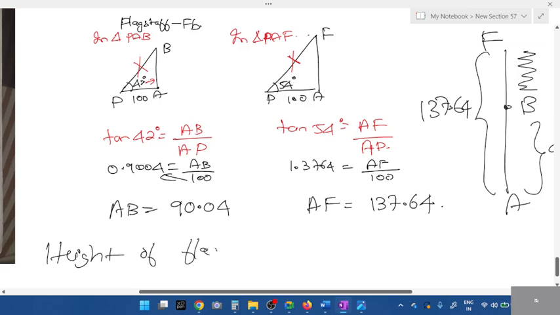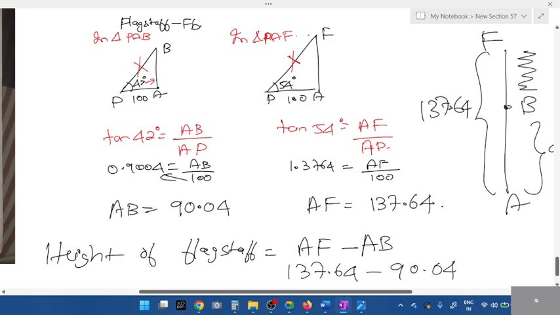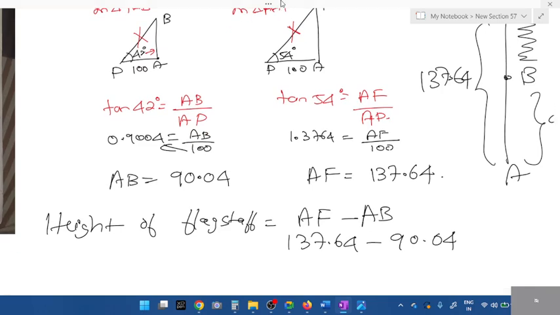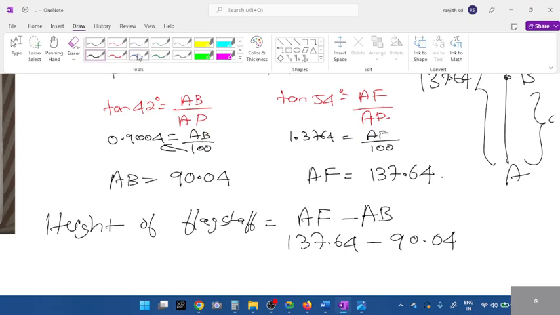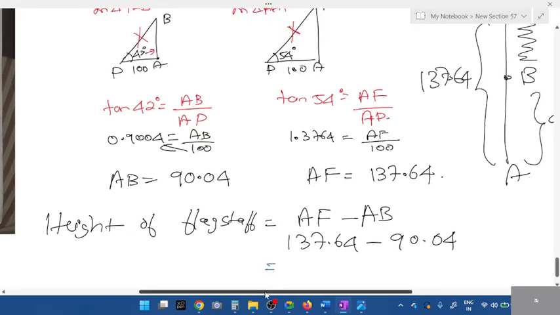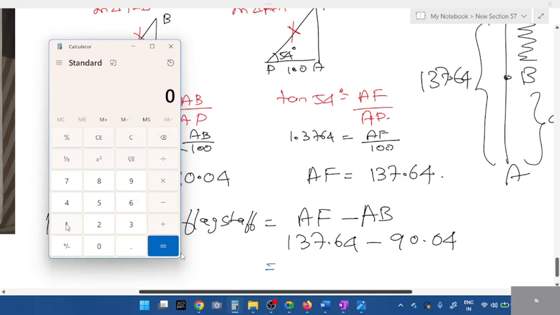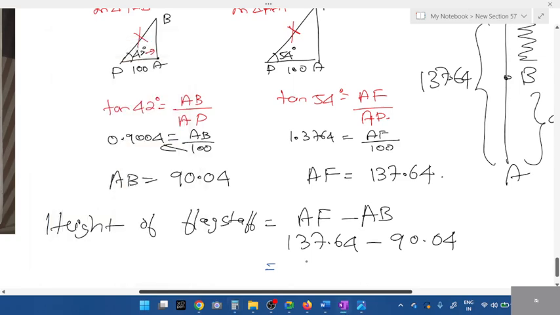Height of flag staff is equal to, show them this calculation, students, AF minus AB. That's it. AF minus AB. 137.64 minus 90.04. Yes, this is the entire calculation part. Trigonometry is actually easy. You're not solving it. If you solve 5 to 10 questions earlier, if you keep practicing, it is a very easy concept, students. Minus 90.04, 47.60, 47 point